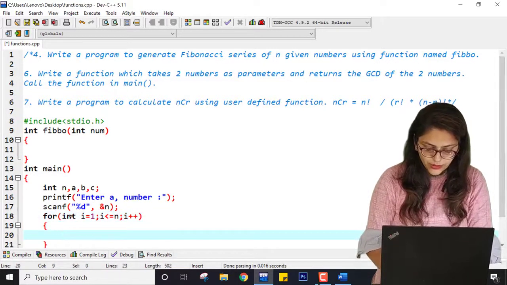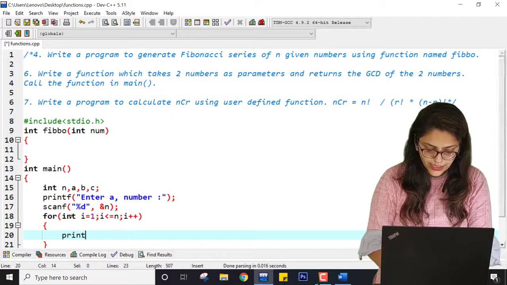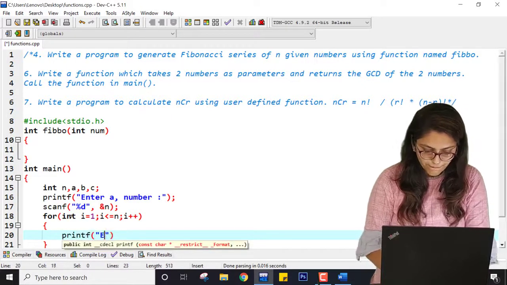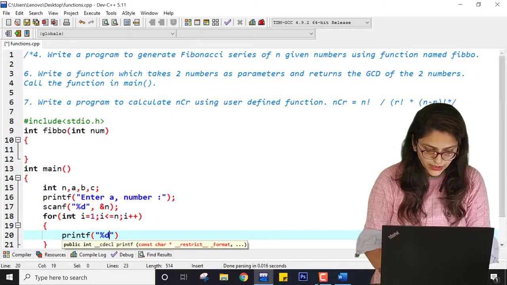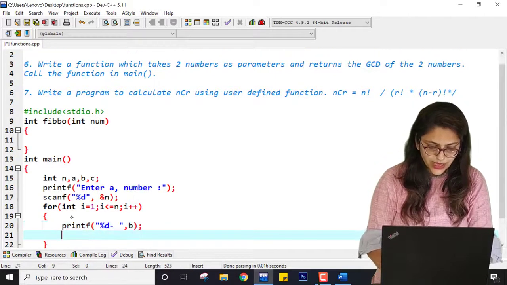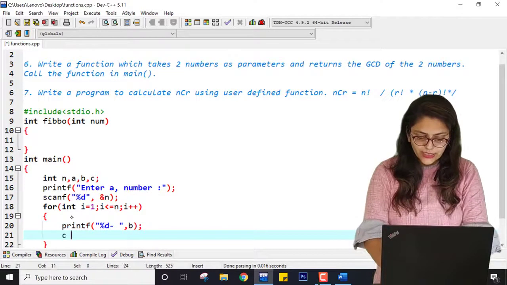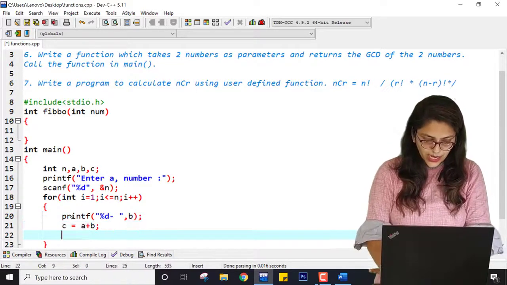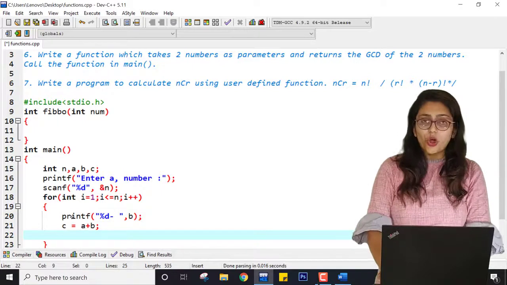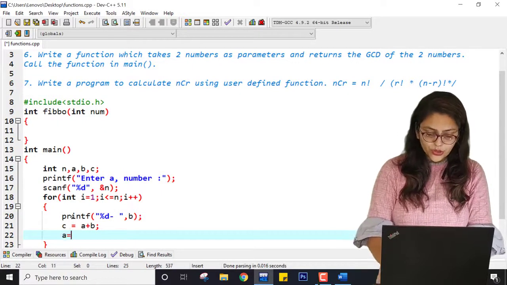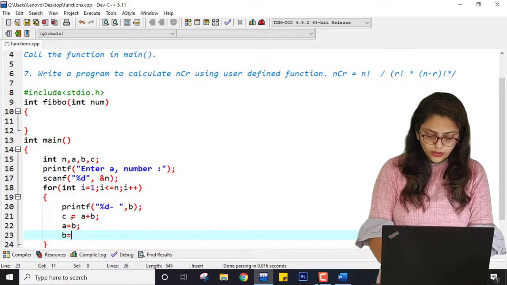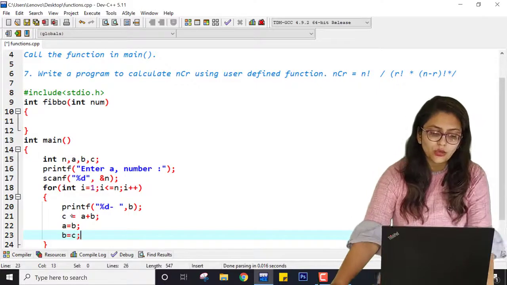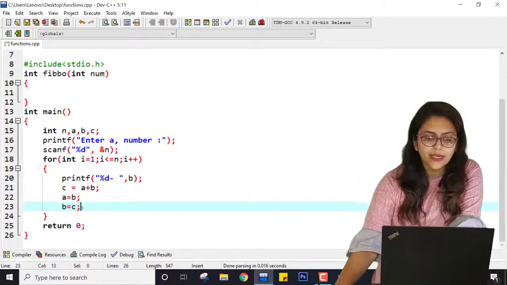First I was doing printf percentage d, that is B. I was printing B, then I was doing C equal to A plus B. If you have not gone through the logic of the Fibonacci sequence, first watch that video, then come over here again, right? So this is the code I have written to print the Fibonacci sequence.